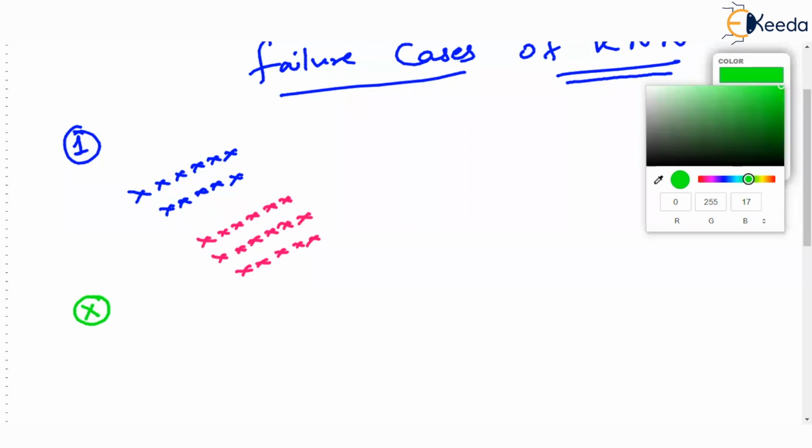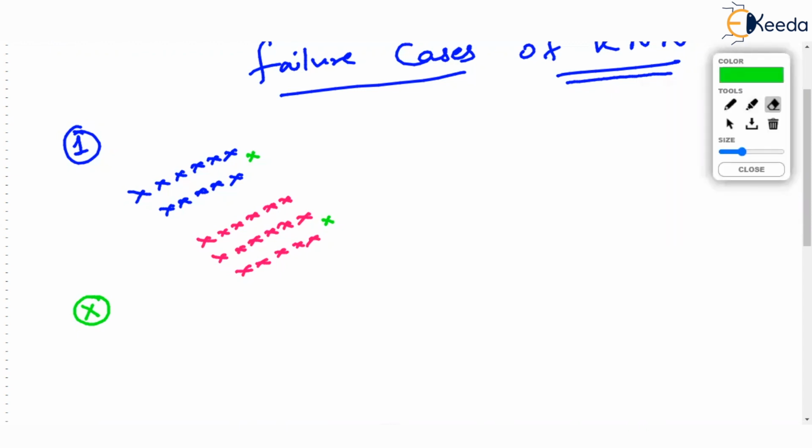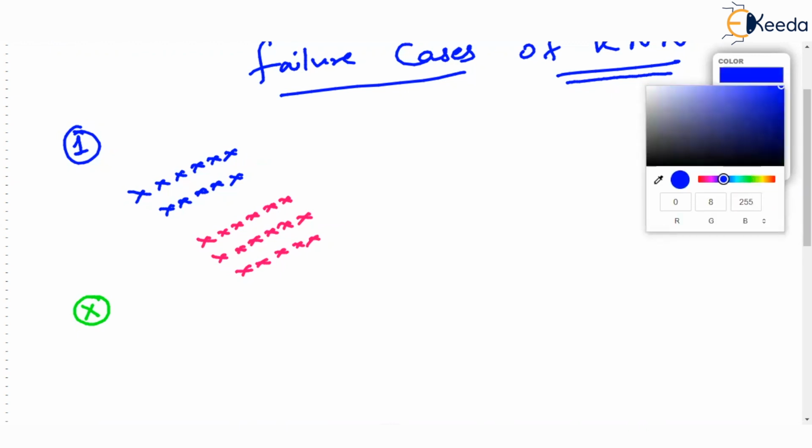If you are asked which class this query point belongs to, you would easily say it belongs to class 0, because the nearest neighbors mostly belong to class 0. If the query point is somewhere here, you would easily say it belongs to class 1. But there is a point which is very far away from both classes. Now you are in trouble, isn't it? Rather, KNN is in trouble.